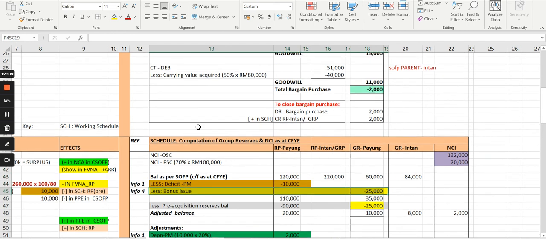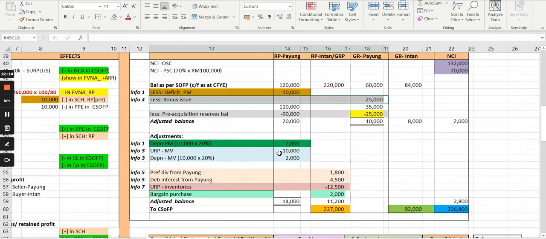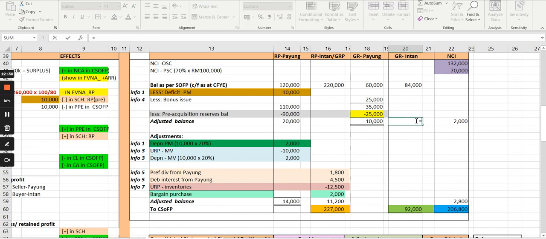This is from the bonus issue. Okay. Right. So you have 10,000, the post-acquisition general reserve balance, because this one has less adjustment. So the 8,000 here, this one is actually 10,000, which you have to multiply with 80%. You will have 8,000. And this 2,000 is the difference between 10